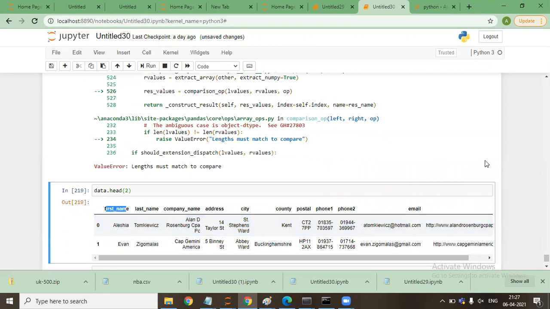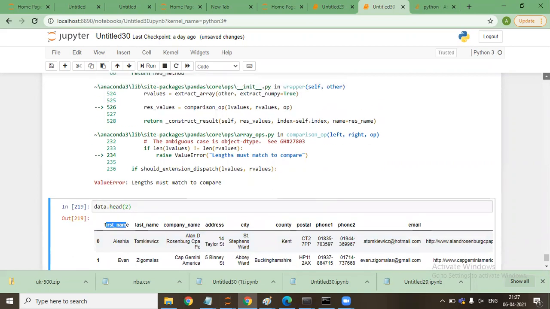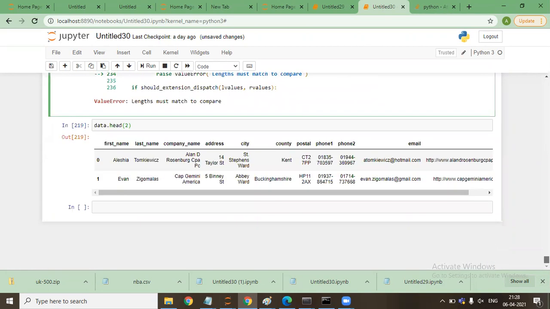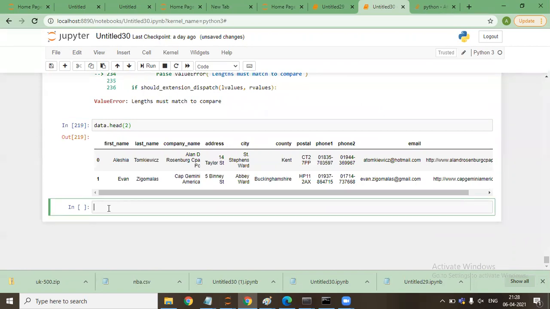But since it is not, we have a function here where we say first name dot isin, and I specify these.